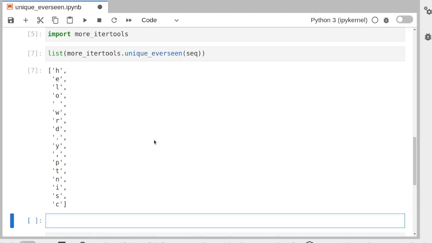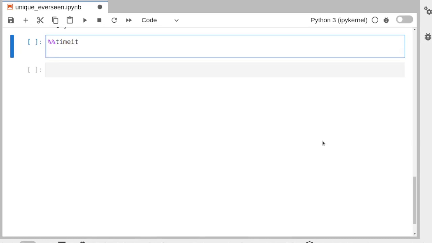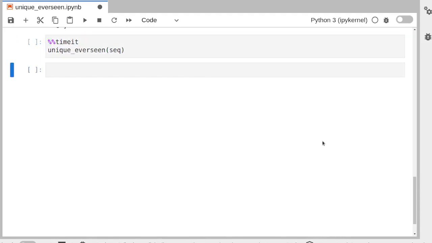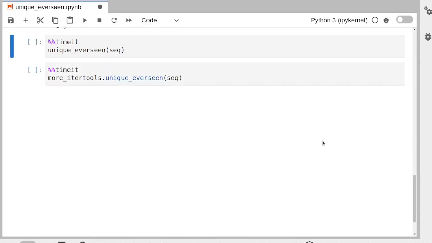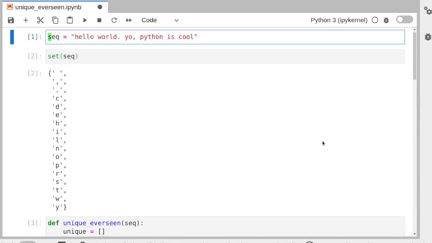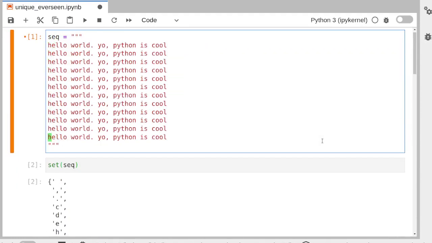And that was basically the little example that I wanted to show you. As a general tip, the implementations both in itertools and more-itertools tend to be more efficient than the ones that you might come up with on the fly. We can see that if we quickly benchmark it here. We're gonna test our implementation versus the more-itertools version, and just for the sake of seeing a bit of a larger difference, we're going to make this string a bit larger, and